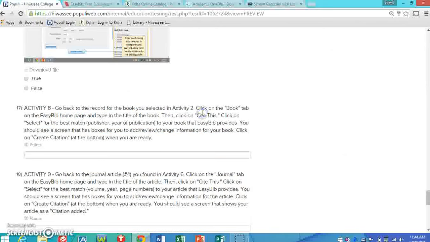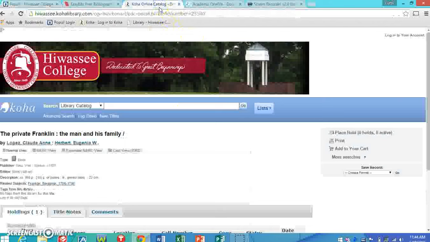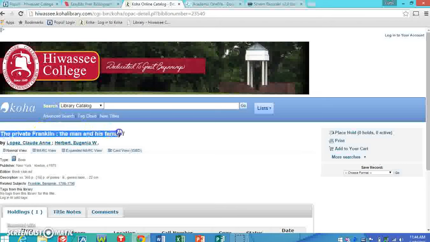Okay, so I'm going back to activity number 2, and so here we are. I'm back in the library's catalog where I found a book, and if you remember, we did a subject search and found this book about Benjamin Franklin. So what I need to do is to copy,